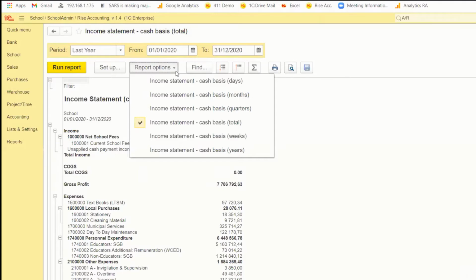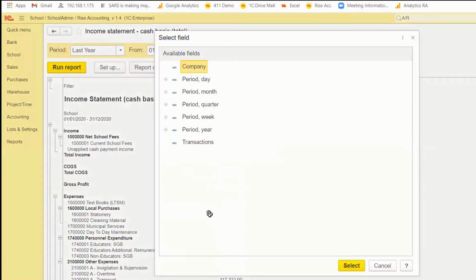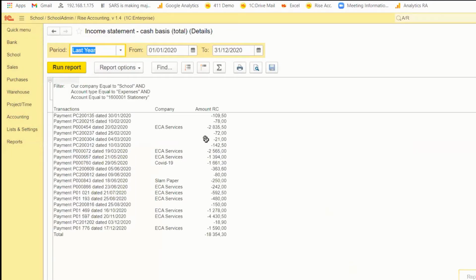You can also select a different setup, so you can view it monthly, quarterly, weekly, etc. In my case, I'm just viewing it for the previous year. And if you would like to drill down, so if I want to see more details on this specific category, I can just click, select transactions,